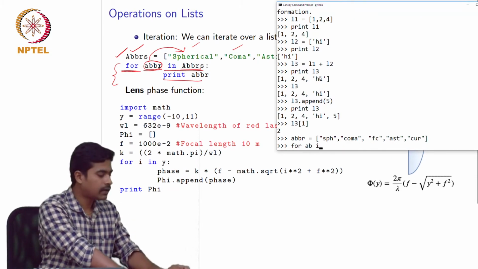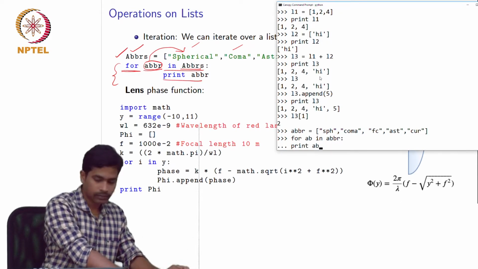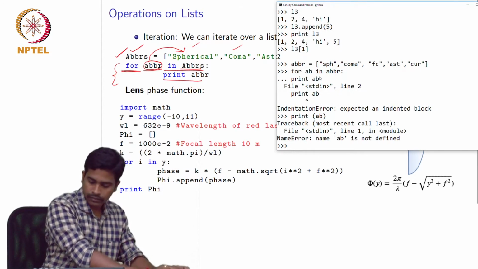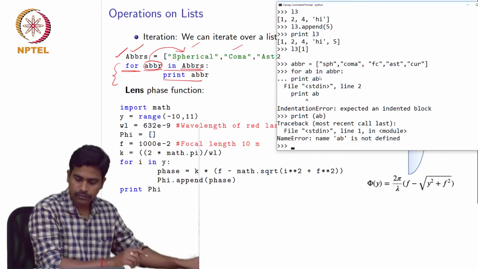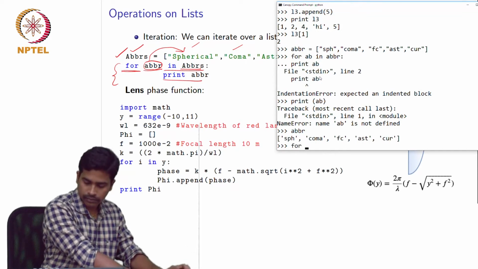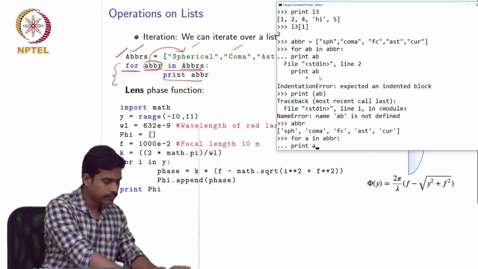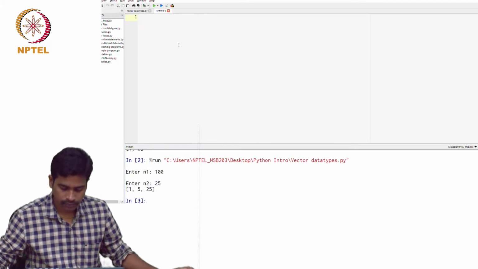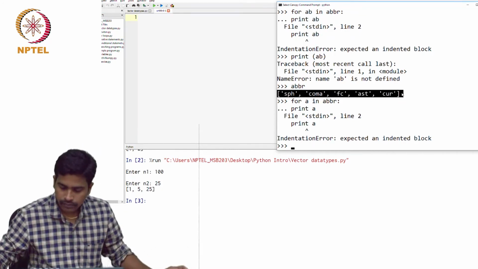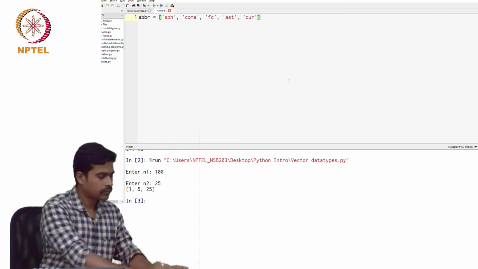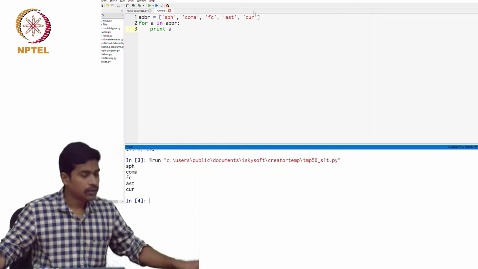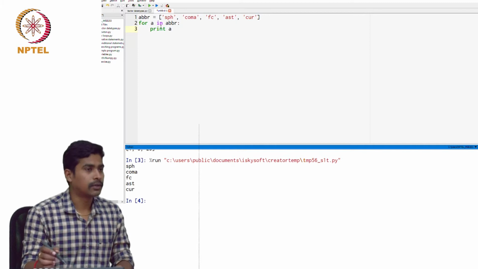So now I have declared this list ABBR. We have declared a list that has different types of aberrations.